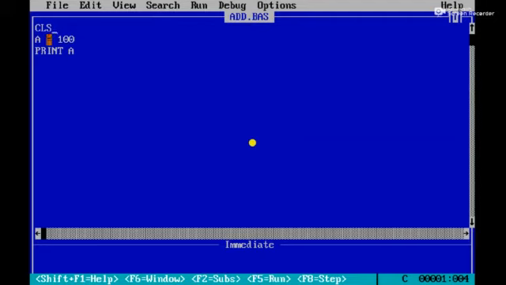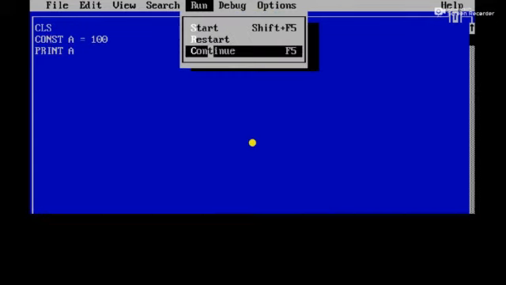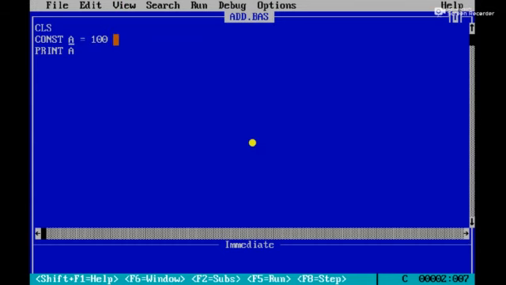The next one, constant. Constant means the value does not change during the execution of the program. Simply here I used only variable. In front of the variable, if I am using that const, we can't change the value of the variable A. Okay. Shall we check? See here, it displays 100.